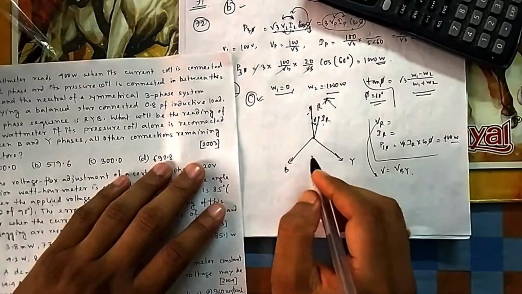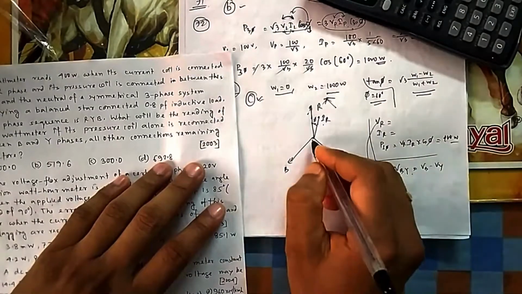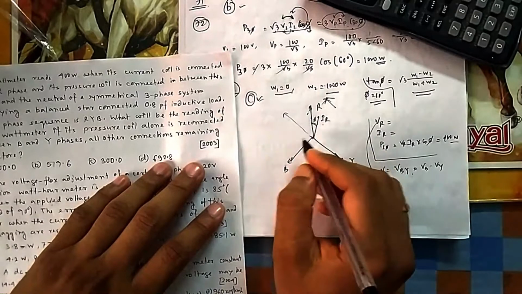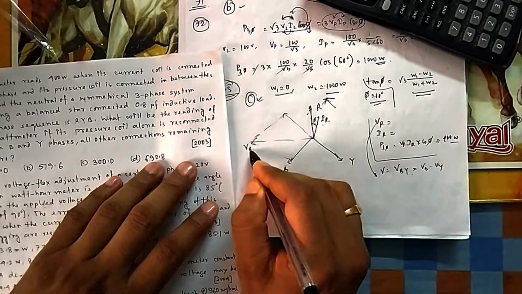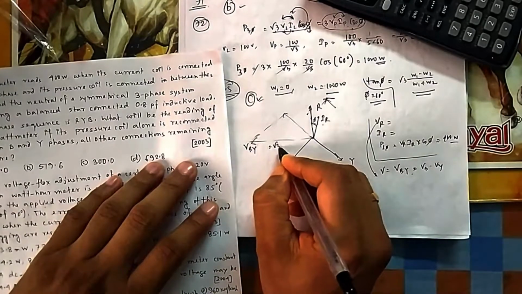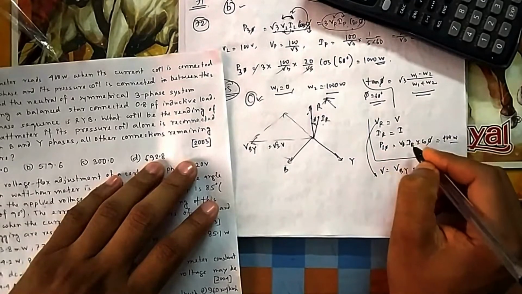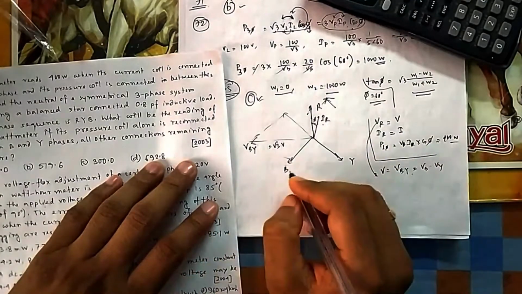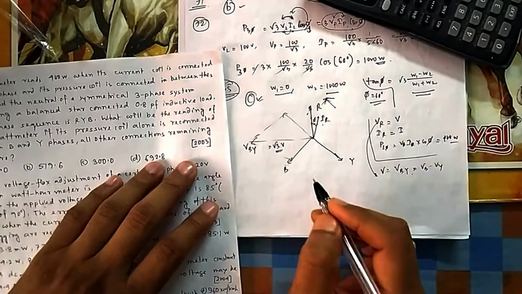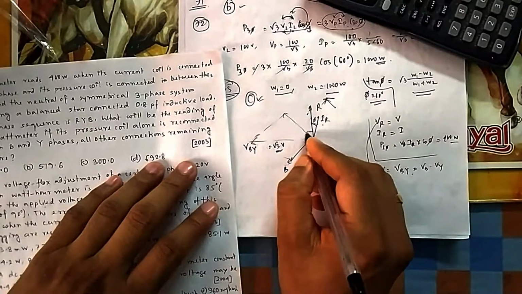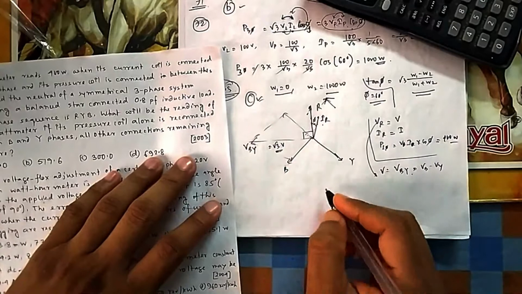Now let us get an idea how VBY will be. VBY will be VB minus VY. So if you take the negative of VY and add these two, you know how to calculate. So this is your VBY, which is root 3 times your normal V. Suppose per phase voltage is V, per phase current is I, so it is VI cos phi. So it will be root 3 V in magnitude, because the phase voltage is V. And the angle, you can write from here. What is the angle between these two? 90 plus phi.